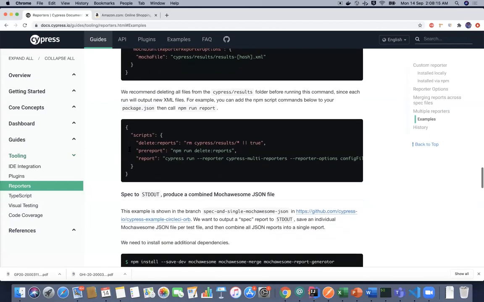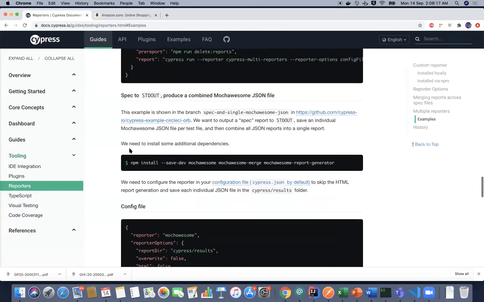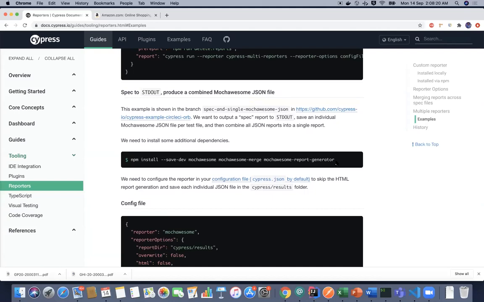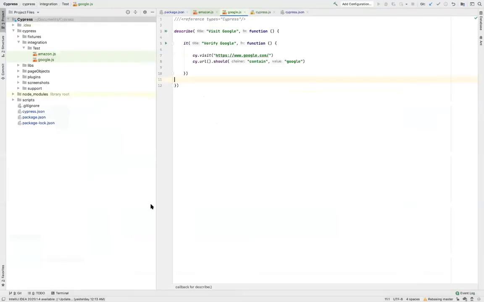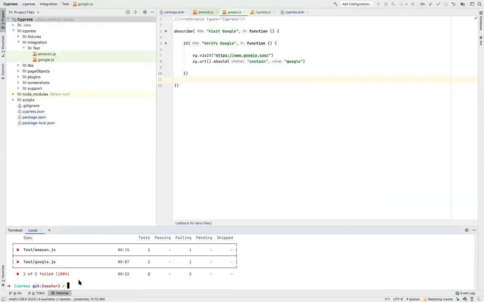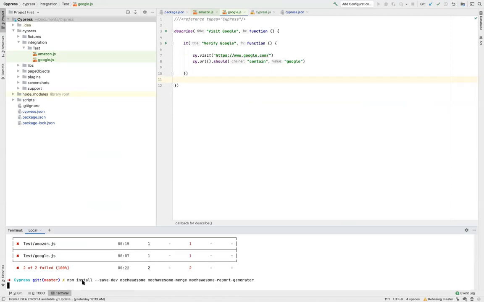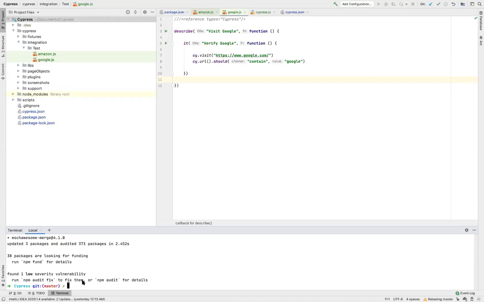Now the next thing that they are saying is that you need to install all these dependencies as dev dependencies. To install these dependencies, just go to your terminal and install them.